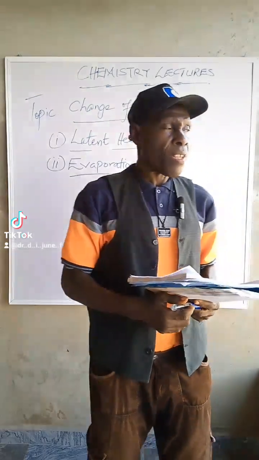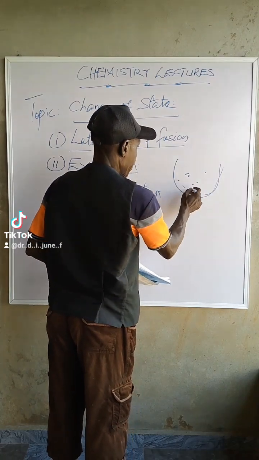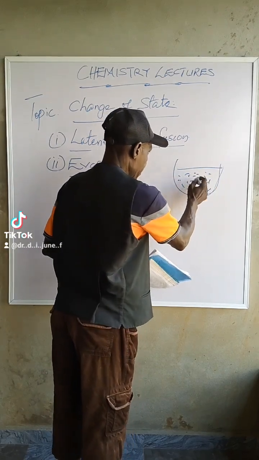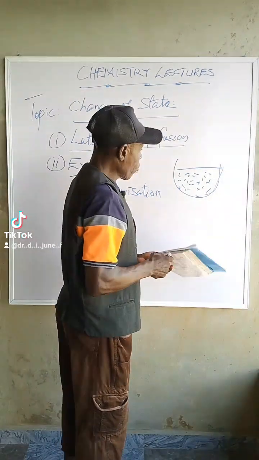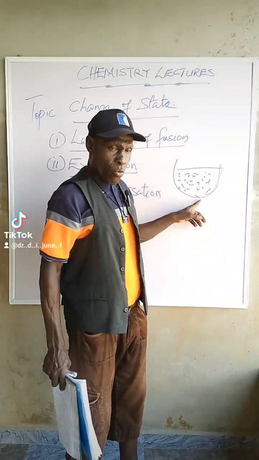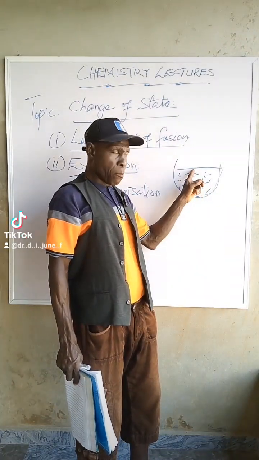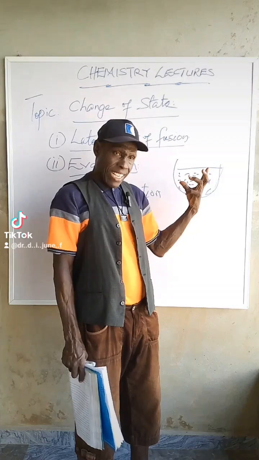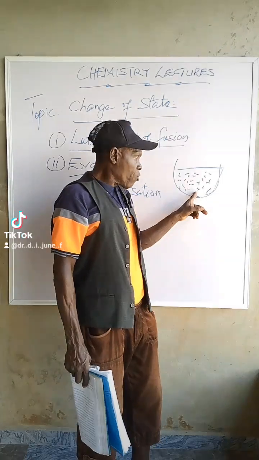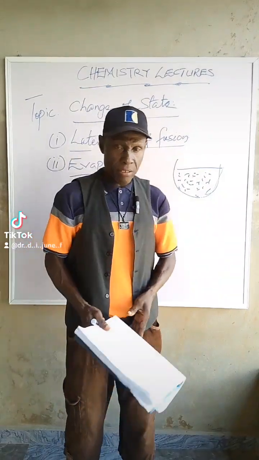Look at it now. If this is a container and you have water in it, it's liquid now. See the particles there. You will see that some are at this level, some are at this level. The particles at the surface, at the top side, are attracted and pulled downwards by those particles that are below. Equally, they can be pulled to this side or to this side. That's what they're talking about.